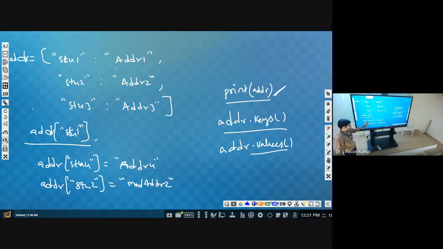How can we analyze the functionality now? Whenever we assign like this, it checks whether this particular key is present in the dictionary or not. If it is present, then it will update it. If it is not present, then it will add a new entry. Got it? Like this we can update or append.